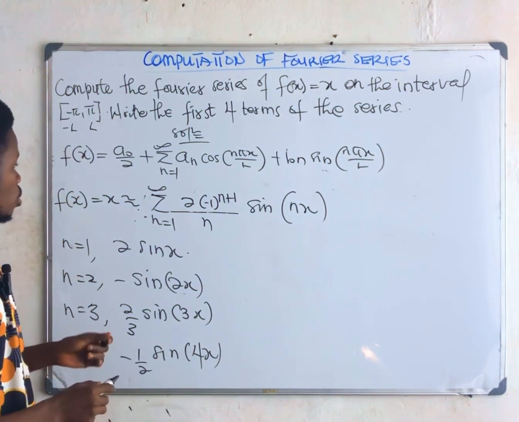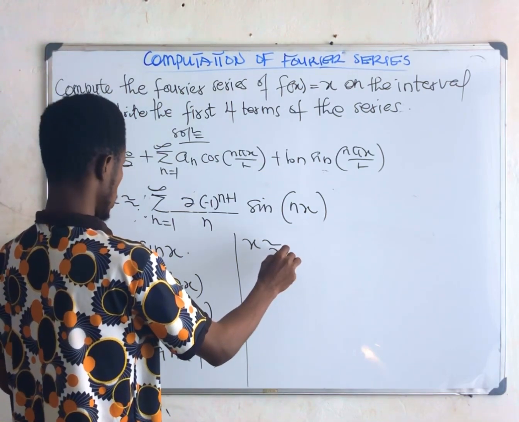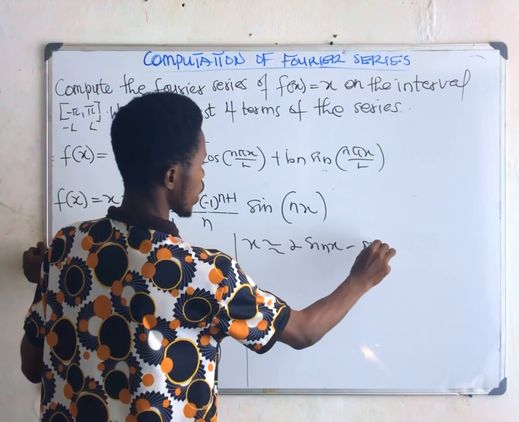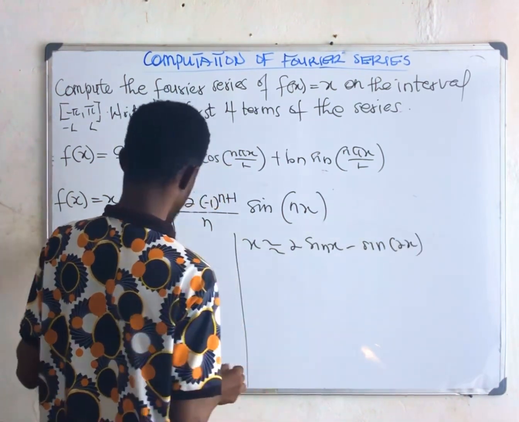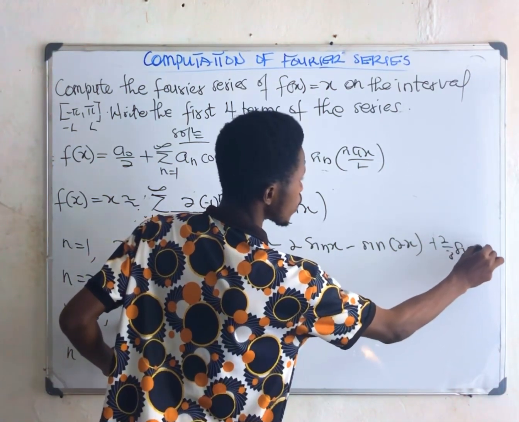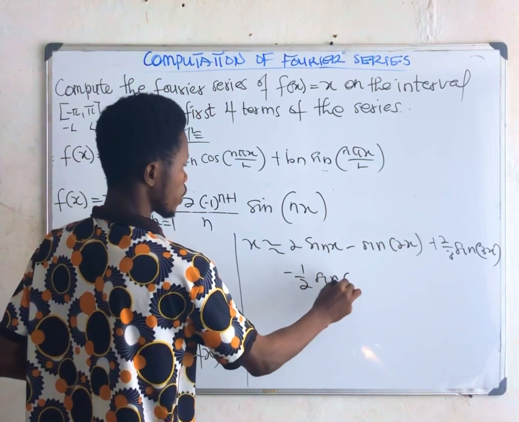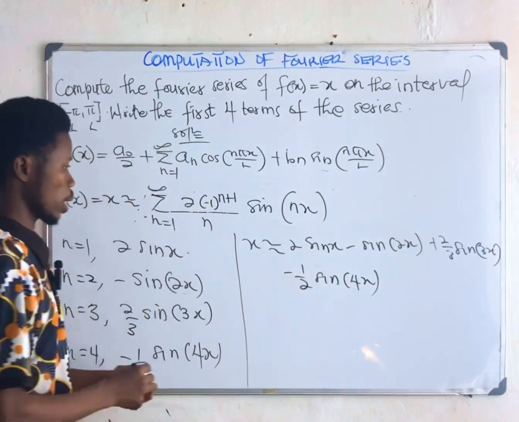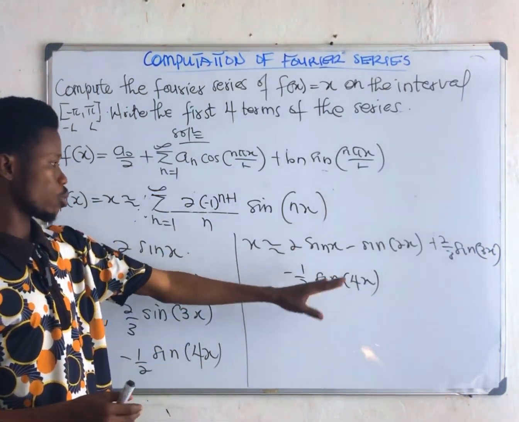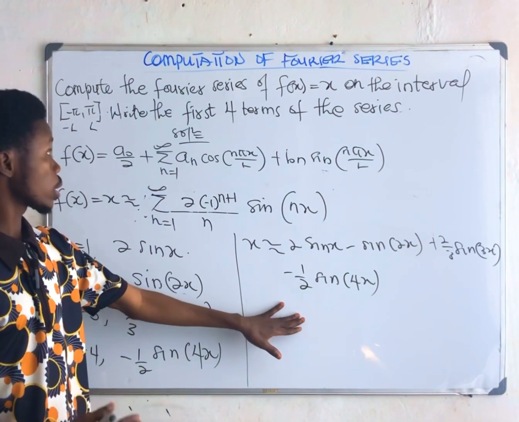Is that okay? So the first 4 terms of this series are going to be 2 sine x minus sine 2x plus 2 over 3 sine 3x minus 1 over 2 sine 4x. Is that okay? And remember, x is an odd function, so if you are getting only odd terms, no problem with that. So this is what we get for the first 4 terms. Let's move